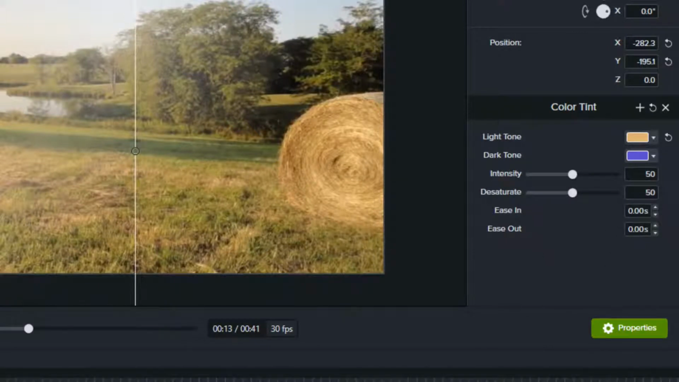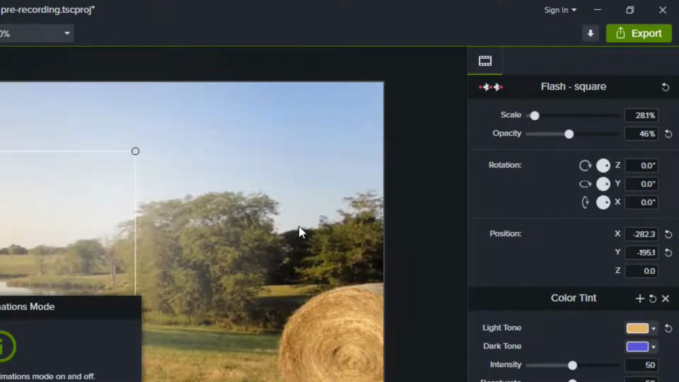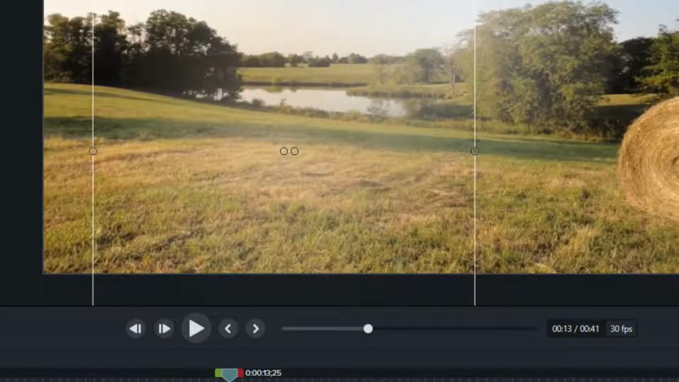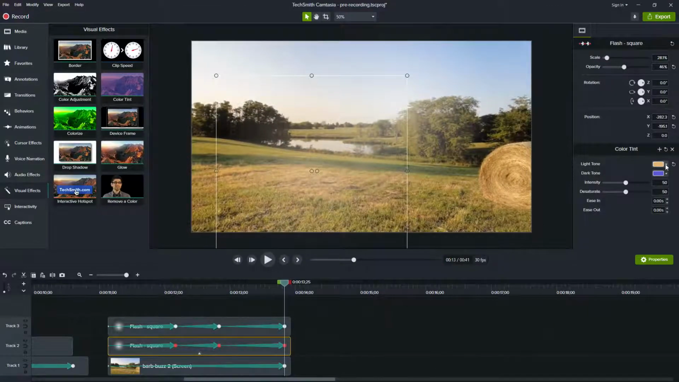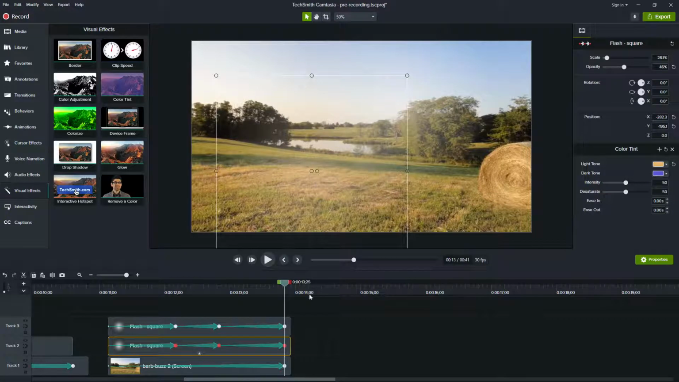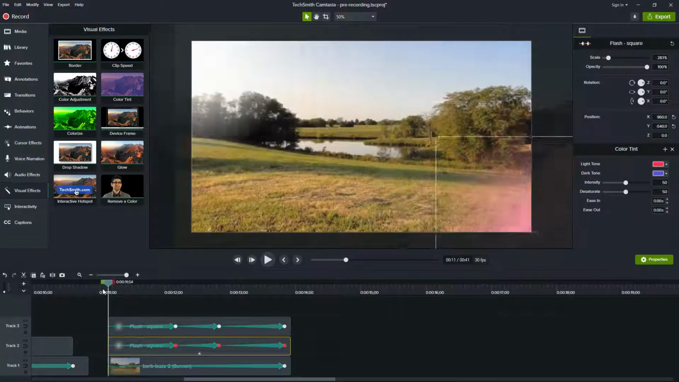And then I'm going to go here to the top, and I'm going to say, edit all animations. Are you sure you want to edit all animations? Yes, I'm sure. And then what I'm going to do is apply that to all of these. So I'm going to say the color tint. I think I can, oh, okay, I don't even have to paste. Let's try that. Did that apply to all? No, it didn't. So